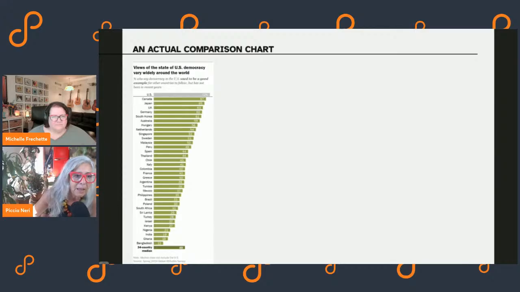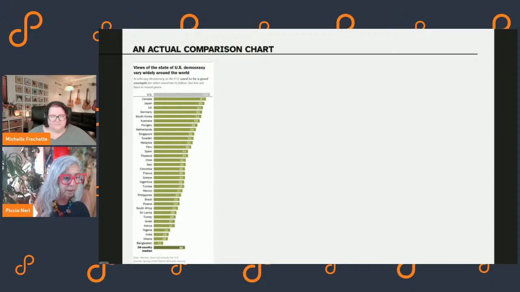Then the problem again with this specific chart is on the page that it's on, and actually I think that's what I'm meant to do. I'm meant to go and show you the page, and I'll tell you why it matters, because this is from Pew Research. I don't know if I can find that, but yeah, I can find it.